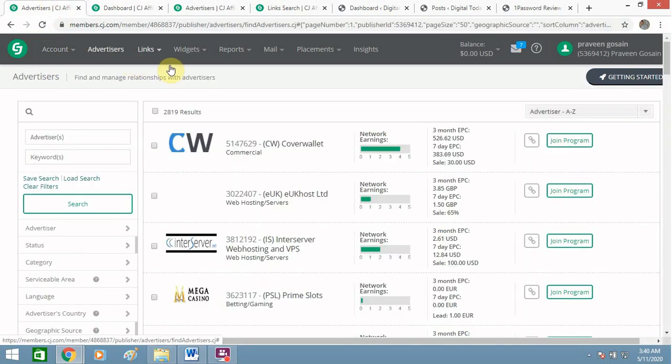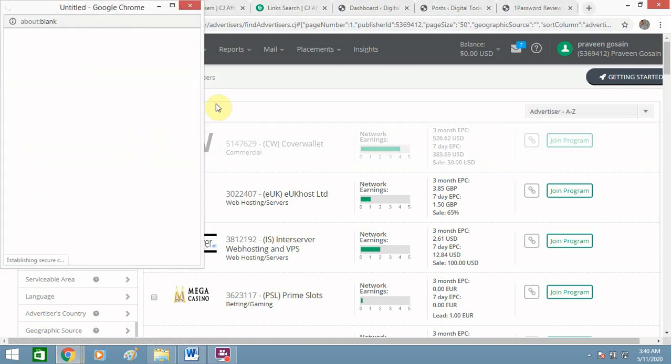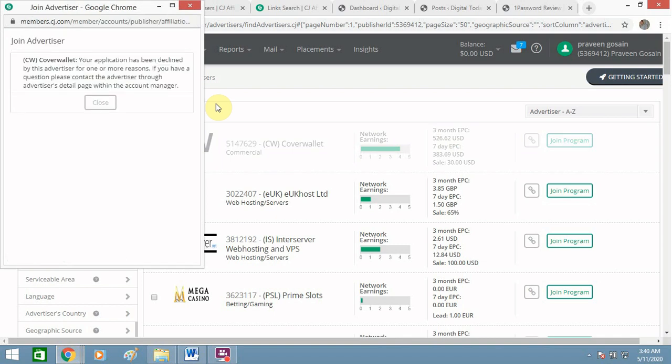Once you click on account, you will get so many advertisement platforms. From here you need to click on join program and join that program. After that you will get an approval mail from the affiliate service provider.